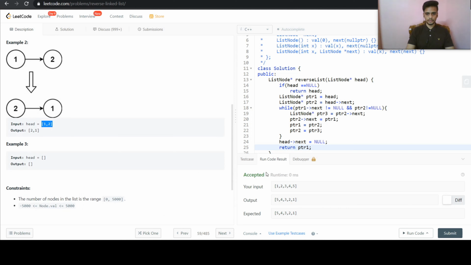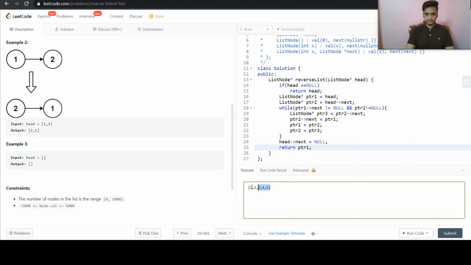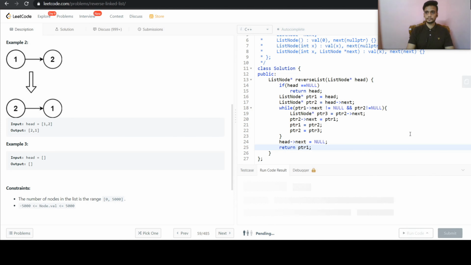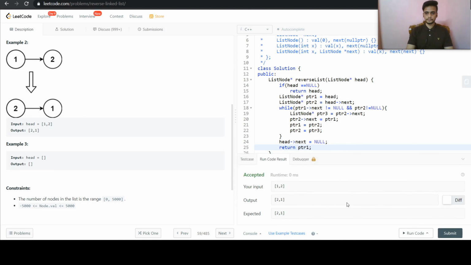Let us check for two nodes also. For two nodes, run code. So it has passed. Let us submit our solution.